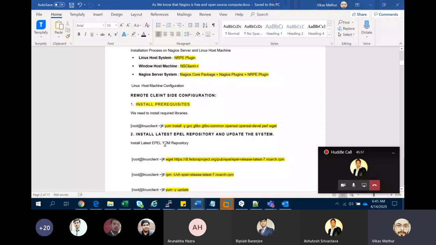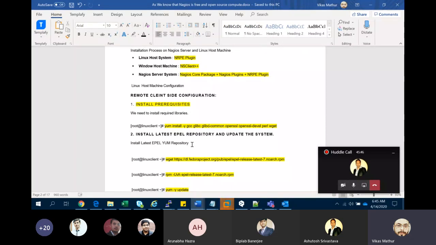I'm just adding the EPEL repository. What is EPEL? EPEL is basically Extra Packages for Enterprise Linux. It is an open source, free, community-based repository project. Here you will find 100% free, authentic, high-quality software provided by Fedora, for various hardware and software related packages.